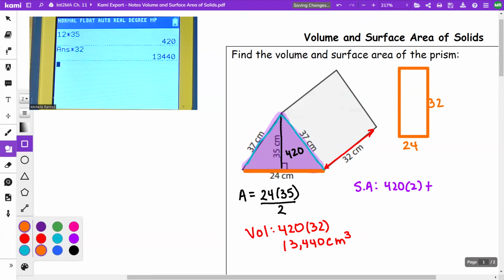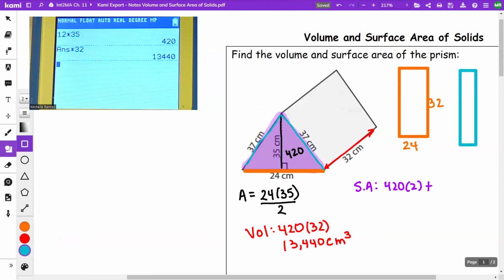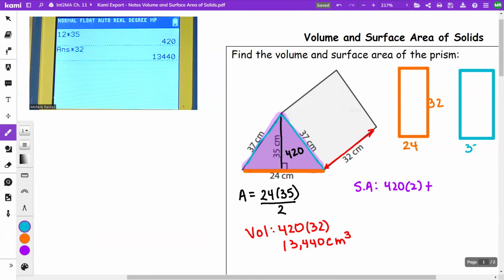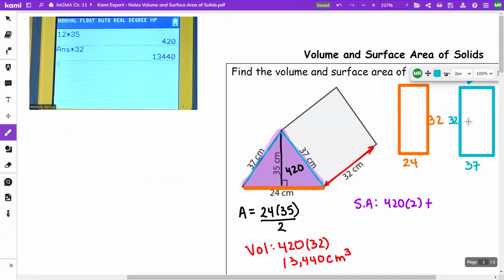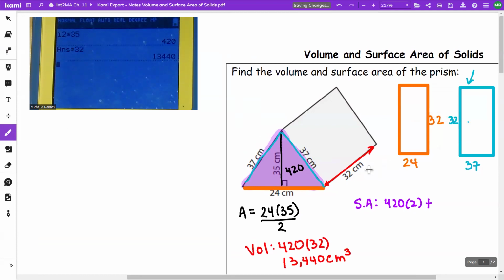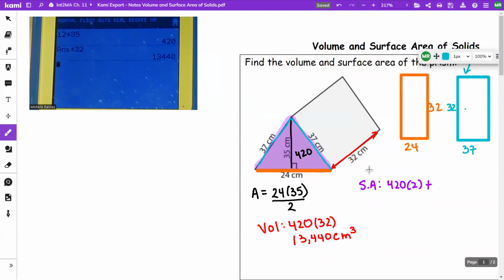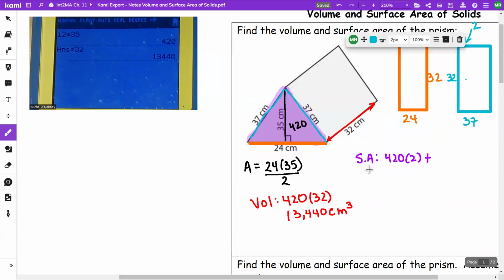Those ones are going to be 37 by 32. And I have 2 of them. So I've got this twice. So when I'm working that out, I'm going to be doing